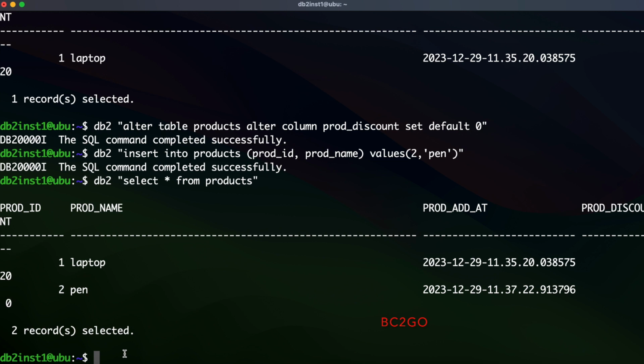Okay, perfect. And now let's say you change your mind and you don't want to set a default value in this column. At this moment, you need to type DB2 alter table products alter column is prod_discount, and now drop default,